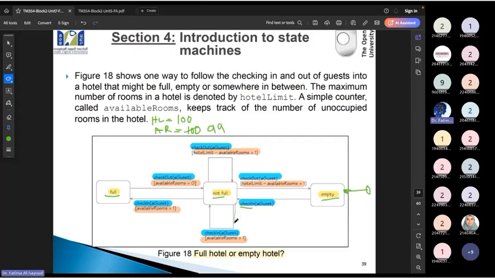Now, if I would like someone else to check in, I'm going to check if the available room is bigger than 1. Isn't 99 bigger than 1? Yes. So it's still not full. لسه مش معبى. 90, 80. طيب في available room only 1. ما عندي إلا غرفة واحدة بس. معناها هي last room. Is the available room اللي هي 1 bigger than 1؟ لا. فما راح يمشي هذا الشرط. مين الشرط اللي راح يمشي؟ الcheck in هذه إن available room equal to 1. So it is going to change the status from not full to full. راح يغير حالته من not full to full.